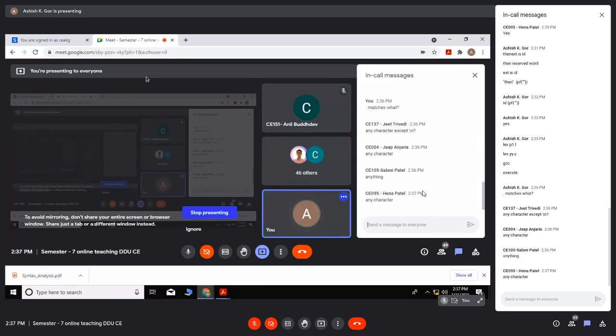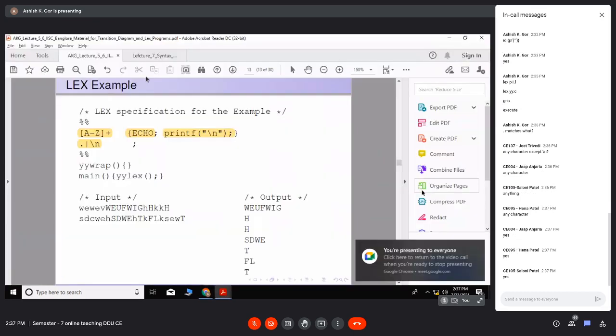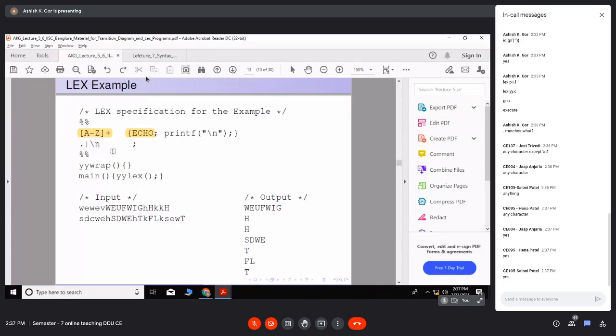Very correct. Yes, Saloni, anything is correct, but it will not match the new line character. Is this clear or not? That's why I separately write the new line character. So if it is any character other than new line, or new line, then I am not doing any action. This semicolon just means this code section is blank.